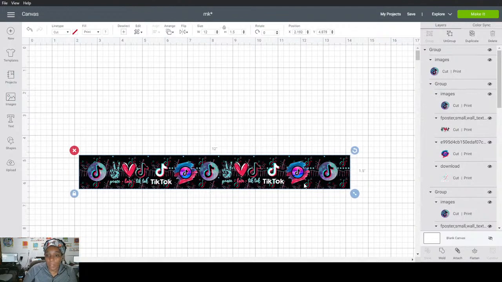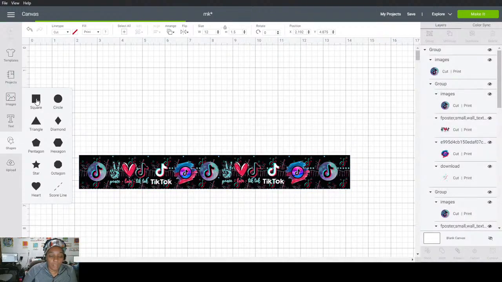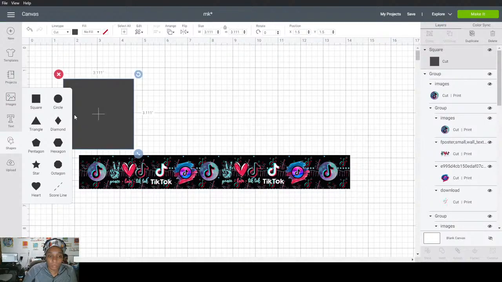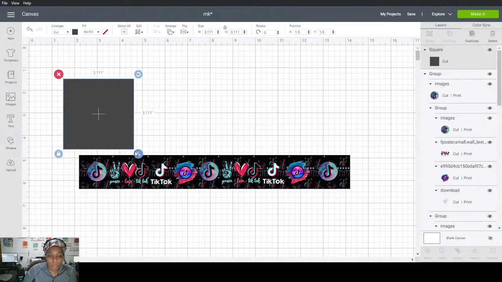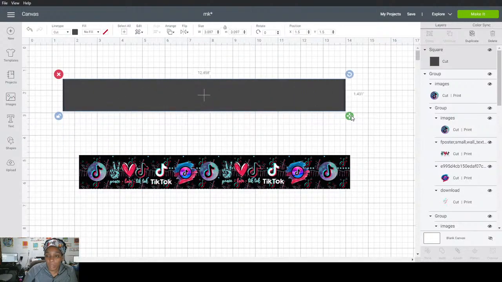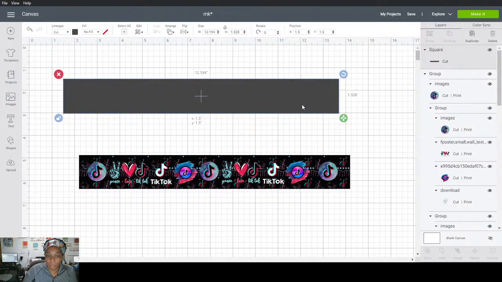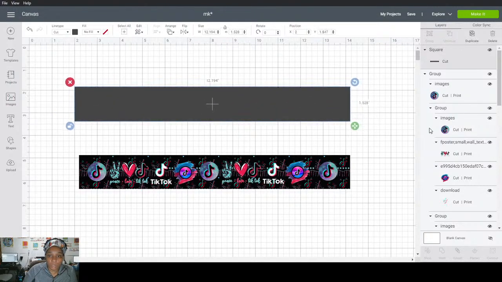So this is basically a ribbon I'm doing, and it goes with a bow. And so I wanted to do the background. I got these images off the internet. So what I did was I just got a square. I'm going to be using Google Drawing too to print this, since everyone knows Cricut don't print big at all. So basically you want to just get your square, because I'm doing a sublimation ribbon,